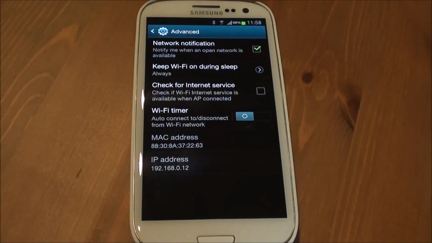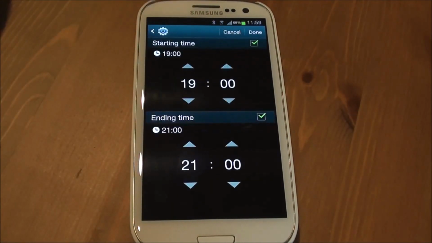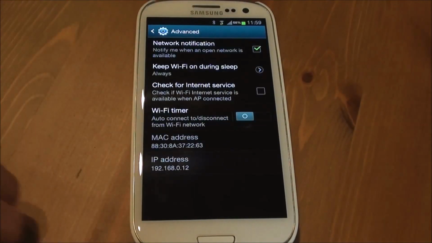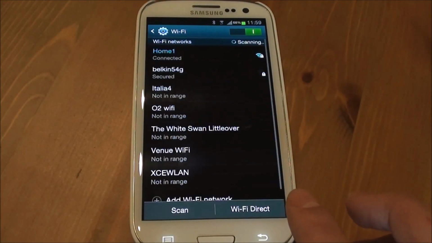But if we go into the advanced menu and just have a look at some of the options here, they've actually added a Wi-Fi timer. Now I think this is a great little feature. What this will allow you to do is effectively turn on Wi-Fi during a period or turn it off during a period. So for example, if you go to bed at night, you're not going to be using your phone, you might want to turn off the Wi-Fi during the evening, and that's going to help save your battery overnight, as obviously Wi-Fi will still be trying to connect to a connection even if there is no network available. So it's a nice little feature, and it just means that you can turn off Wi-Fi when you're not actually using it. So if we go back to the settings menu,